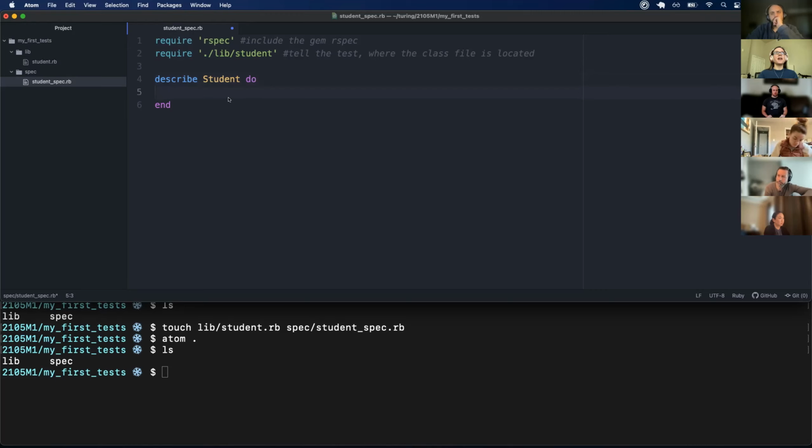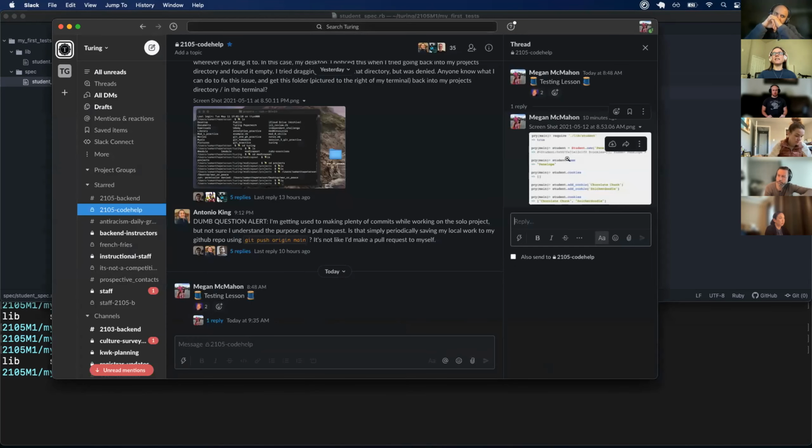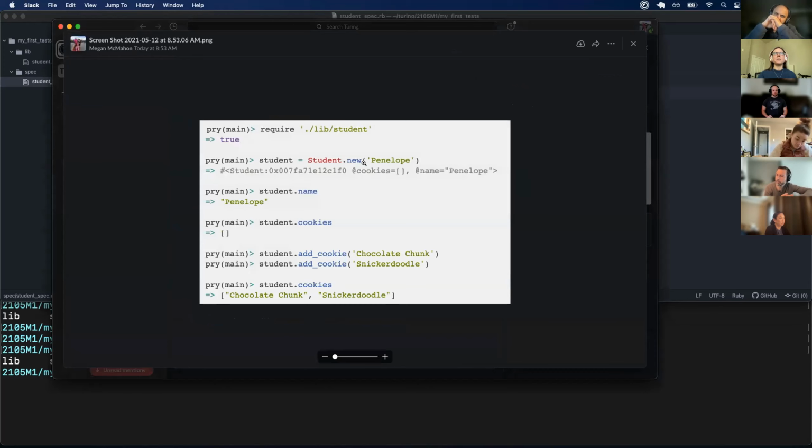Okay, so this is all setting up the test, getting ready to write our first test. Thinking about the actual test that we're going to need to write, if I look at this image again, we said the first method that we come to is new. So I need to know that a student can be created by calling new on it. And in this case, specifically, we're going to call new with this argument of Penelope,